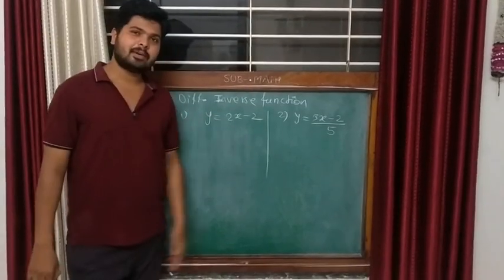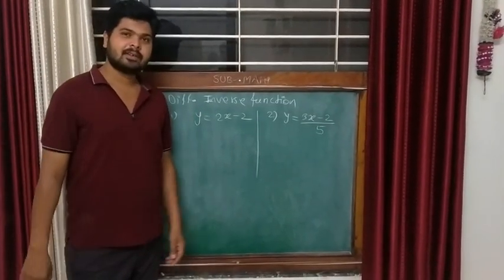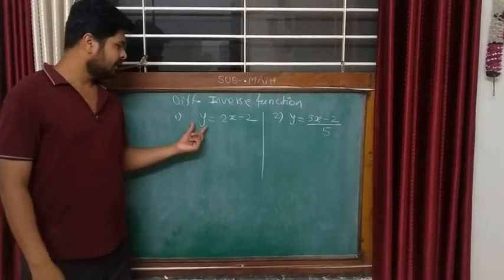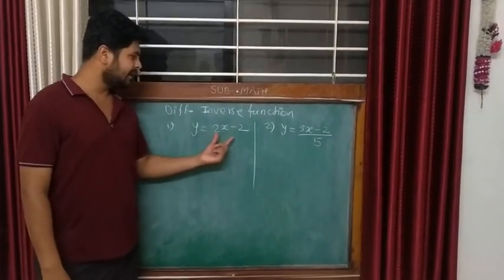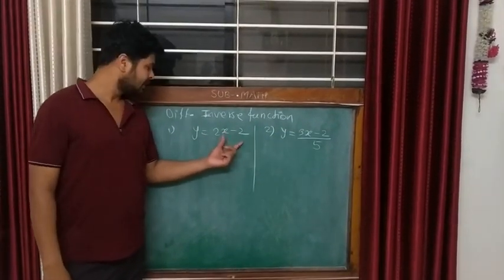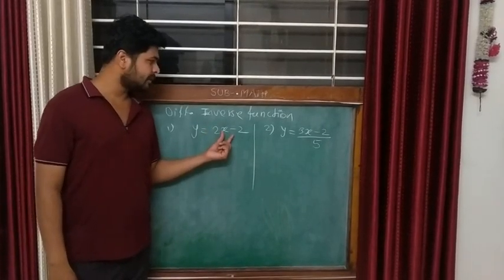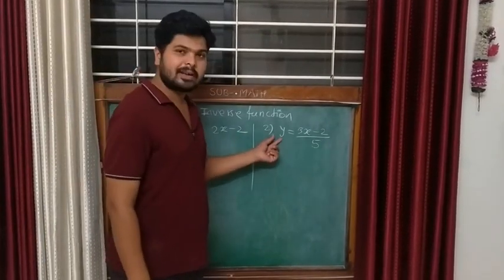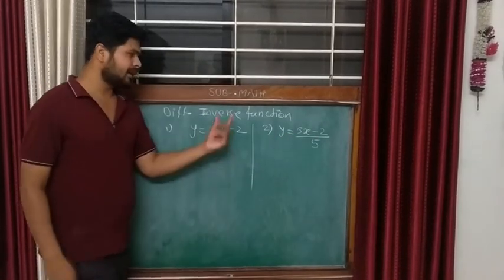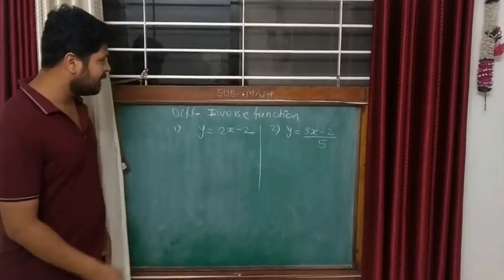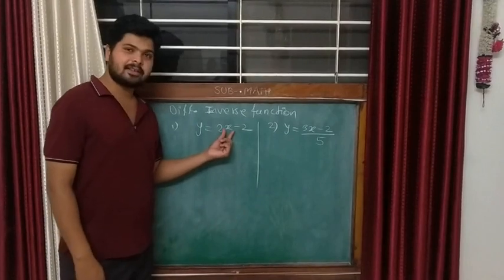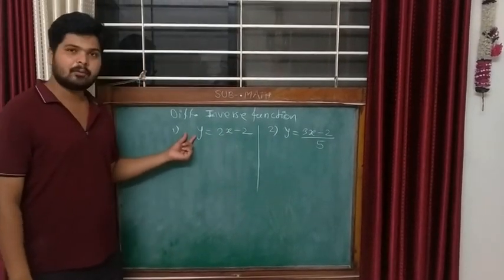So as I discussed about inverse functions, I told you that the function y is totally in terms of x, right? So here this one variable y we express in terms of x, here also y is totally expressed in terms of x. So in inverse functions, what we are doing? We are expressing this x totally in terms of y.